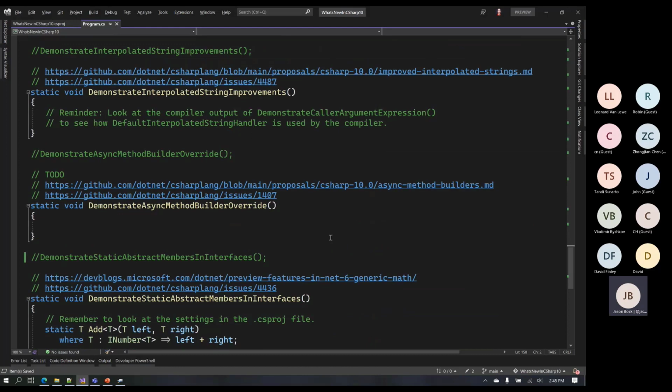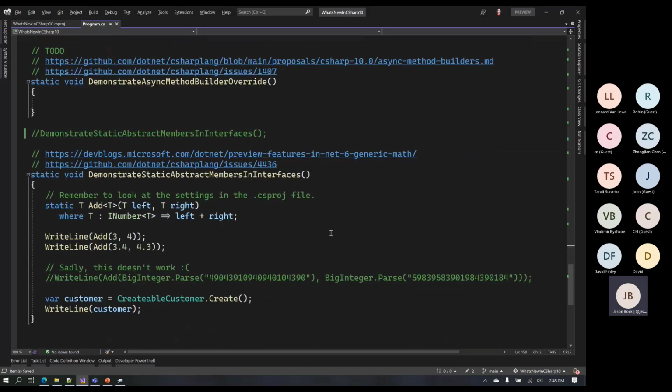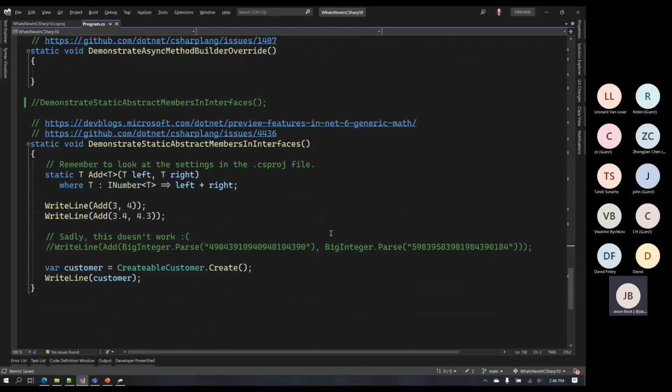Async method builder, that's a really niche case, and I'm going to skip over that because I want to cover this last feature. Even though it's shipping with C# 10, it's shipping as a preview feature. But I'm glad they're shipping it as at least a preview, because I would highly recommend you take a look at it. This is one of these features that I think is going to enhance the type system that much more in C#, and the more they can do these things, I think the better off they are.